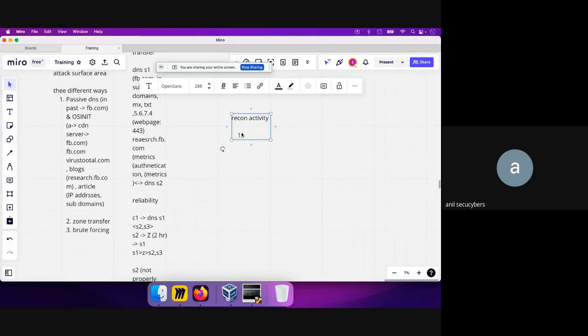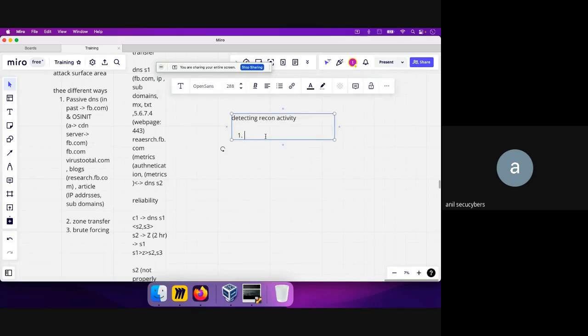The first thing is that one way is to set up detection for DNS discovery, which is when someone is trying to find and access websites that do not actually exist. Okay, and this is something we were looking at: the different things by which recon activities are done, which are passive DNS, zone transfer, and brute forcing. And now our objective is to detect recon activity. Okay, and how we can do that. Okay, so what's the first step?